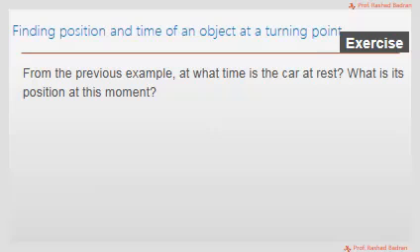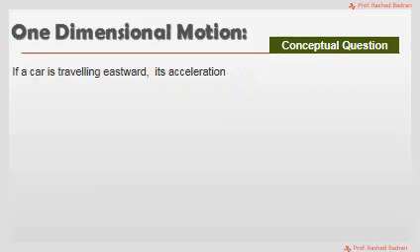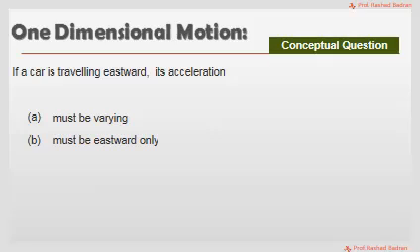Using the previous example and all the information contained in it, find the time at which the car is at rest and find its position at this moment. Now, to test your knowledge of uniform motion with constant acceleration, let's answer this conceptual question. If a car is traveling eastwards, its acceleration must be varying, must be eastward only, can be eastward or westward,